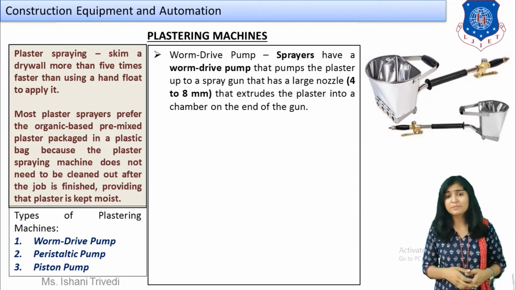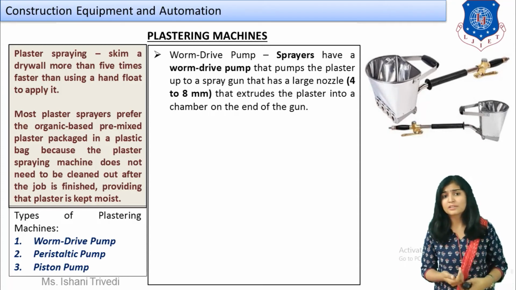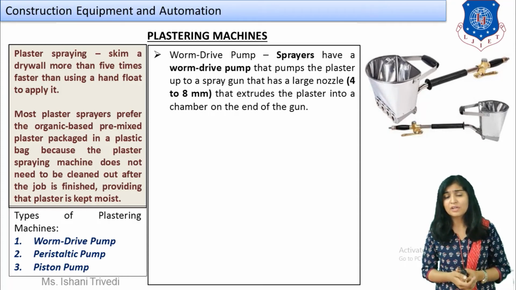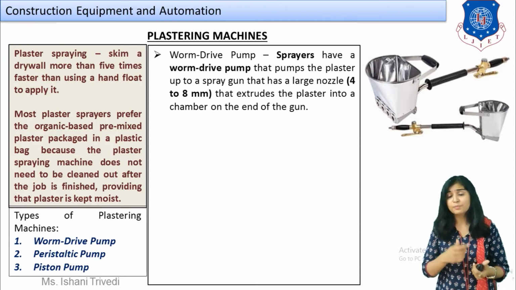Now in the plastering machine, you know what the plastering process is, right students? It is the finishing work which has to be carried out once the construction of a masonry wall is done. So the covering, the coating which we provide is known as plastering. We have studied different types of wall finishes already. So now here we are going to talk about how you are not going to place the plaster by hand. You are going to place the plaster with the help of sprayers.